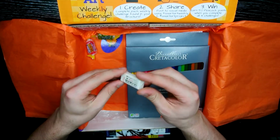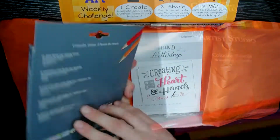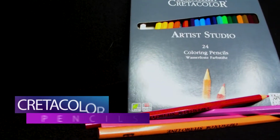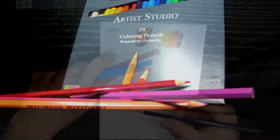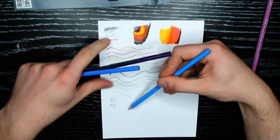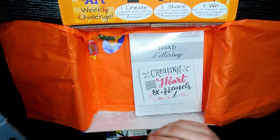sketching for these projects. And so you can add all the color you want to your drawings this month, we have here the CRETACOLOR Artist Studio Colored Pencil 24-pack. These are a rich and vibrant, high-quality colored pencil that I'm sure you'll use to make very colorful drawings this